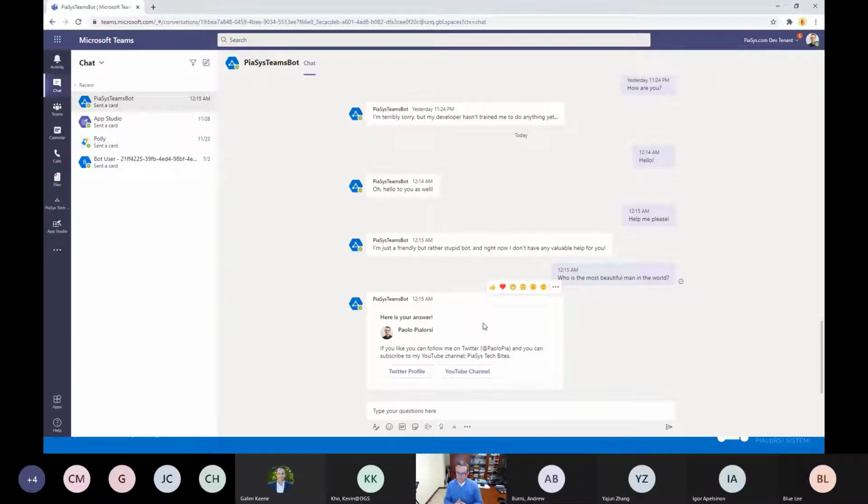Just to give you an idea, this card could be a card with a link which will show, for example, a dialog window to the user to collect some additional information, which might be useful for starting or running a backend process, which will be managed by the bot interacting with my user. So it is really a powerful scenario and a powerful extensibility point from a Teams extensibility point of view. Moreover,